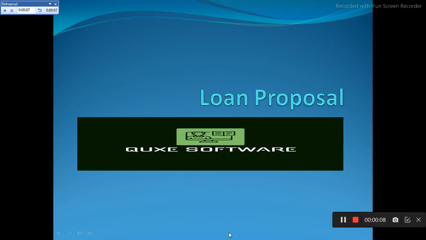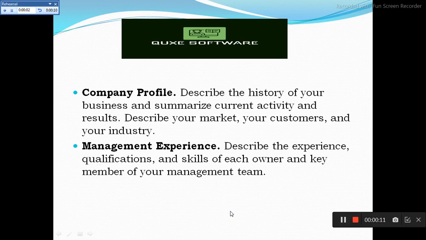Company profile. Describe a brief history of your company, like date of incorporation, market structure, along with your own market share, key customers. You can divide customers either area-wise, or into national and international customers. Give brief information about your future expansion and major projects to be taken in future.